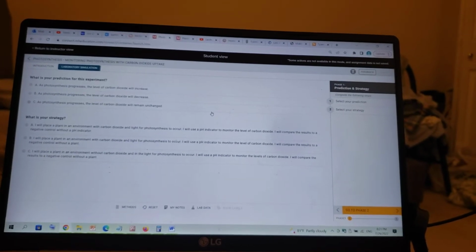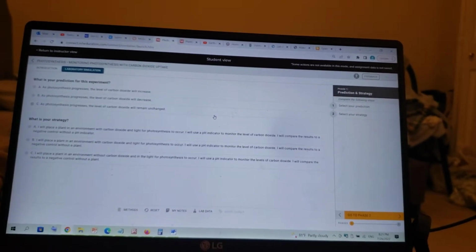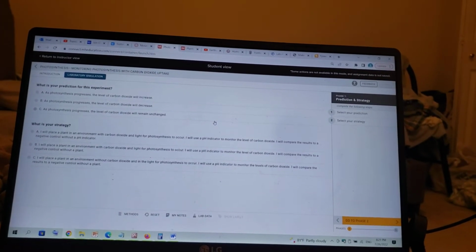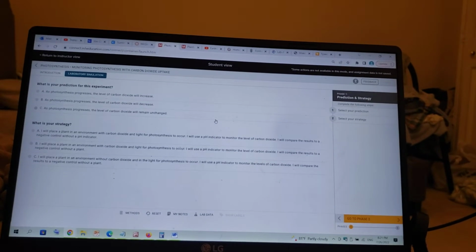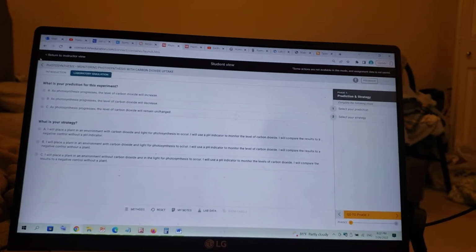So if it's a participant, then it'll be consumed during the reaction and the amount will decrease. But if it's a product, during the reaction, the amount of product should increase. Okay? So let's think about it. If you can't remember, just go back and look at the